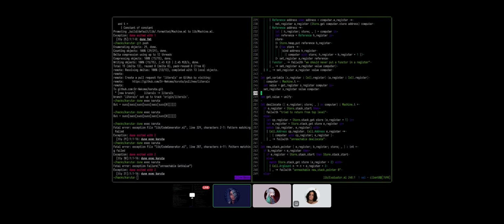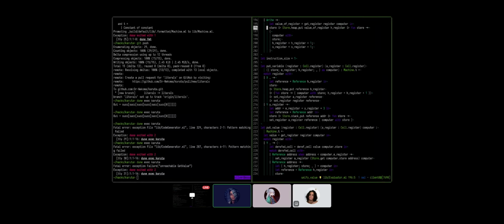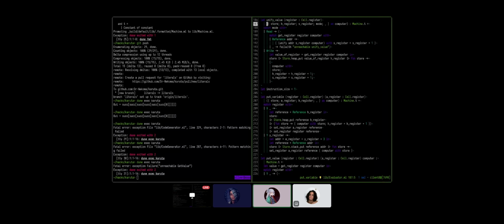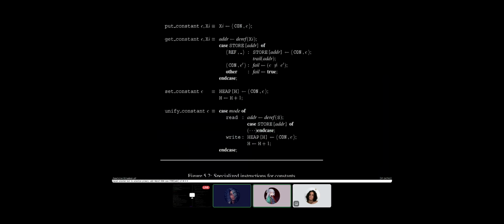Well, let's see how the book fixes it, because the book is also telling us how to unify with constants. The book's not gonna tell us how, because the book has a low-level trick on its side. Like, if you were going to implement this compiling to machine code and you had a proper binary representation, this would actually be indistinguishable from an address if you just pass it to get value, and it would actually work.